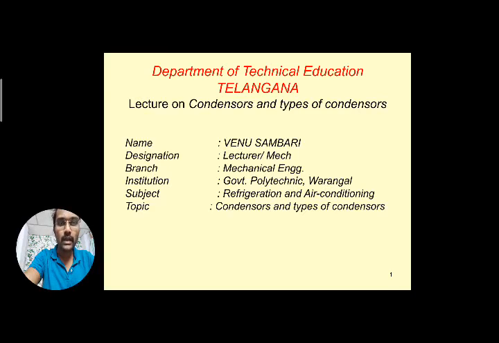If you observe the last previous video lesson, we focused more on compressors, the function of compressors, the types of compressors, and we discussed them elaborately. Next we will move on to the next refrigeration equipment, that is the condensers. We will see the function of condensers and the types of condensers, and explain some types. You will get some idea of how the heat exchange takes place and how the condensation happens from vapor to liquid. All these things can be seen in today's class.